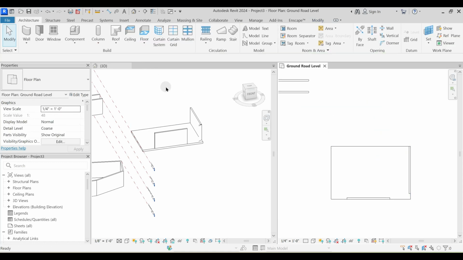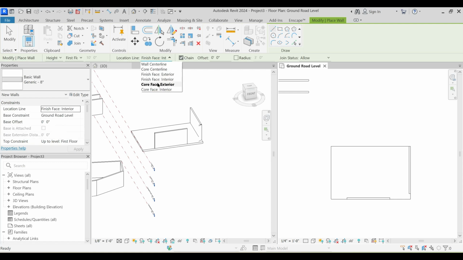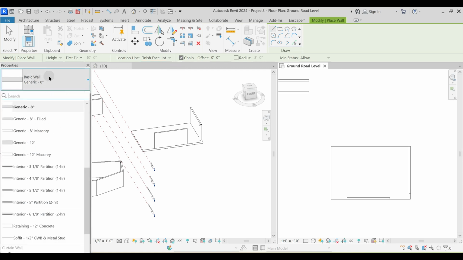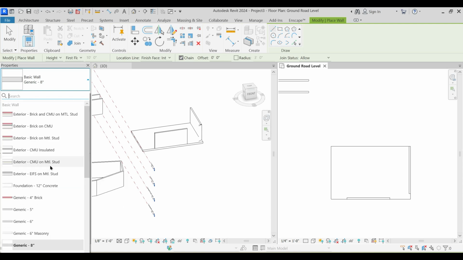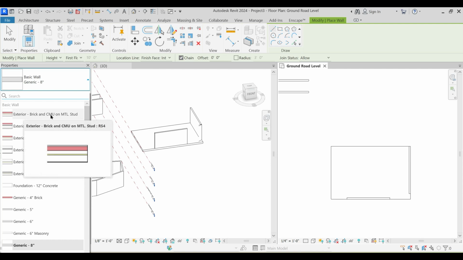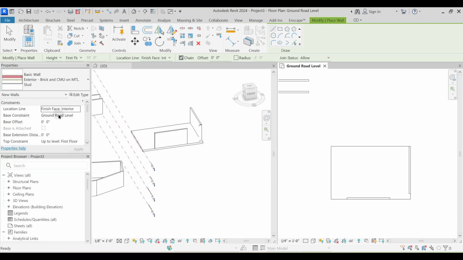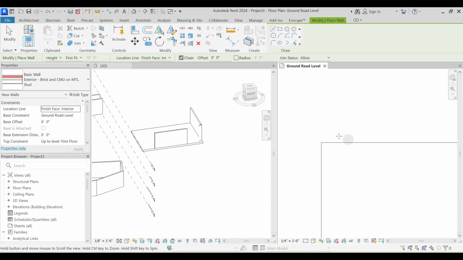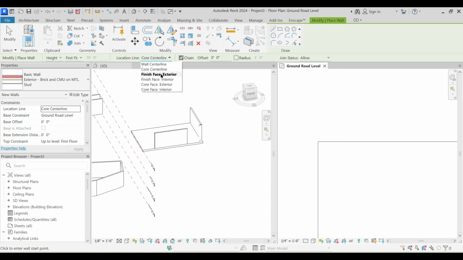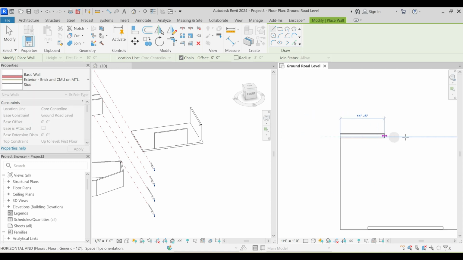Okay. But now, what is this particular core center line? Core face exterior and core face interior. To explain this, I need to select a category of wall, a system type of wall that comes with Revit. Okay. And I will select this exterior brick and CMU on metal stud. And if I select this particular wall, with this particular core center line, not finish face exterior, neither finish face interior, and neither wall center line, but core center line. With that selected, if I just draw this particular one wall,